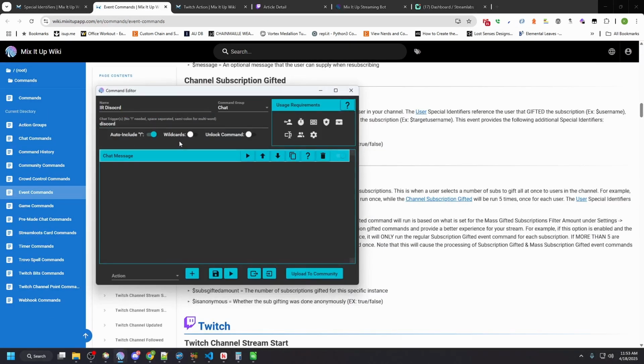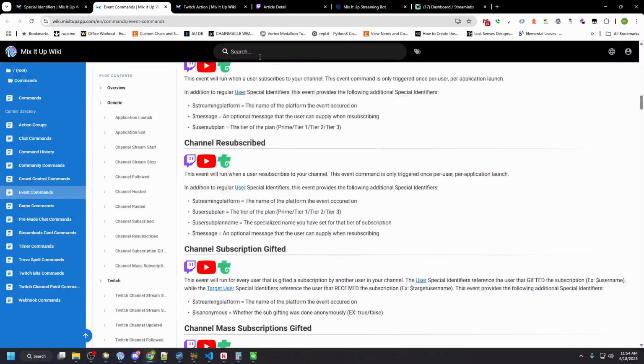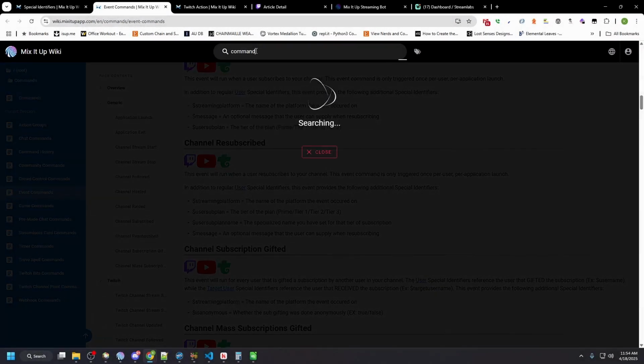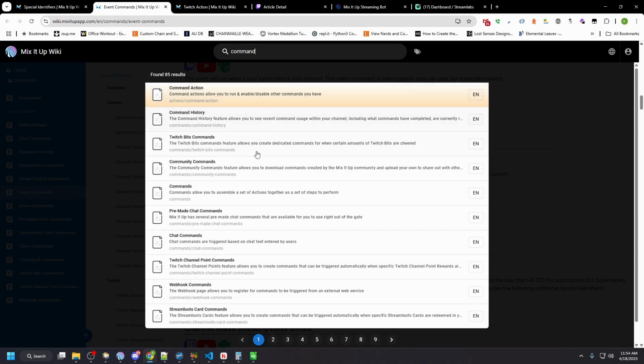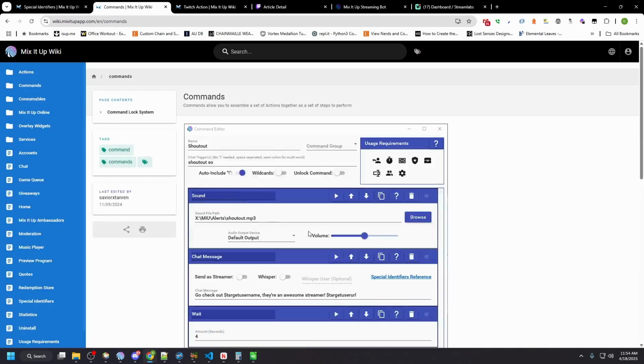This is the command editor. We don't have a question mark on here. It would be really nice to have a question mark on here. I'm just being honest. Oops, come on, let me type. And I will show you that sometimes it's hard to do these things, but let's look at commands. There we go. All right, so let's look at